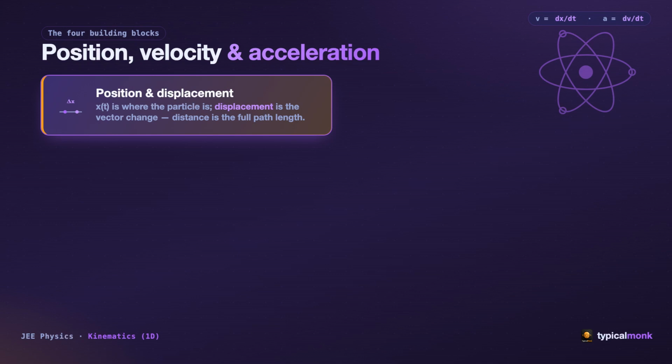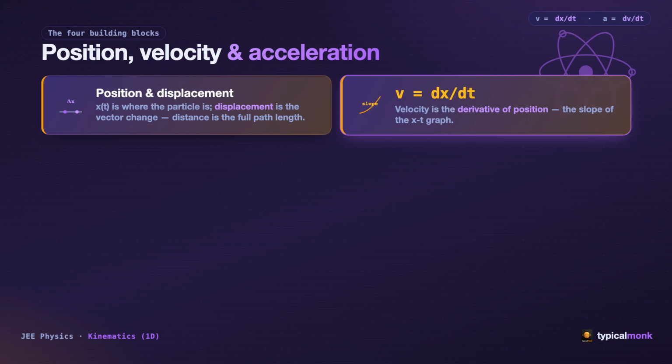Let us start at the foundation. The four ideas everything today is built from. Position is where a particle sits on a line at a given time. Displacement is the change in position, a vector, while distance is the full length traveled, always positive. Velocity is the derivative of position with respect to time, v equal dx dt, the slope of the x-t graph